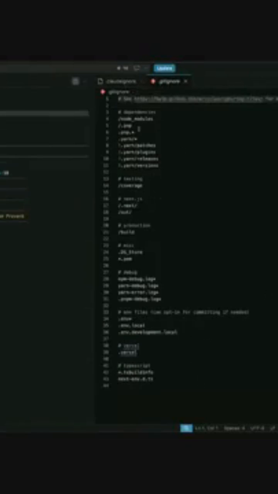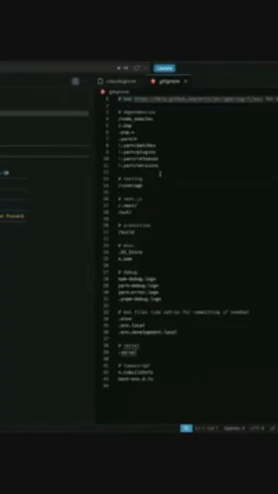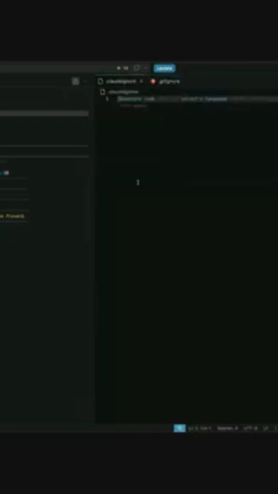And so when you add a file or folder to Claude ignore, that will not be counted in any sort of activity Claude Code runs. So it's another way to potentially save on tokens. Let's say like these items, node modules, you don't want Claude running through your node modules because that's just an unnecessary thing. This project doesn't have a node module folder yet, but